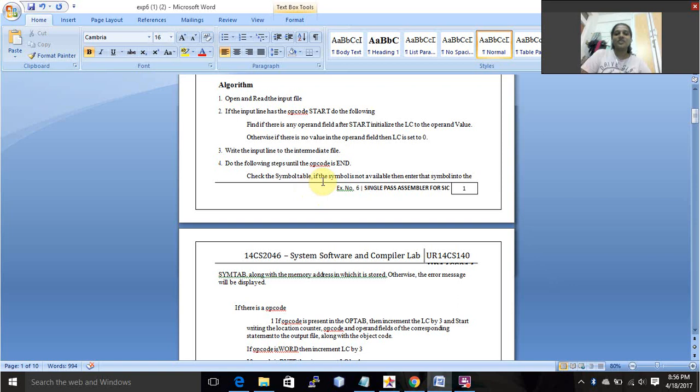Check the symbol table. If the symbol is not available, then enter the symbol into the symbol table along with its memory address. If we find an opcode in the table, then increment the LC by 3 and start writing the location counter. If opcode is WORD, then increment LC by 3.